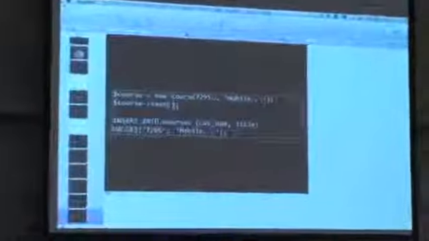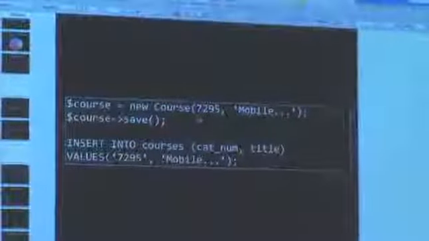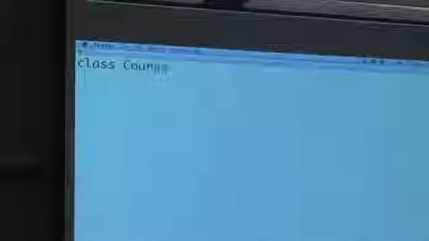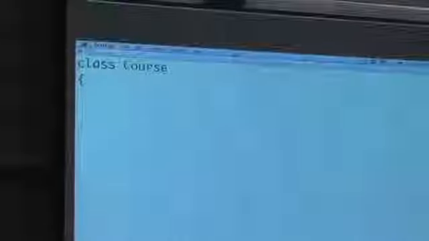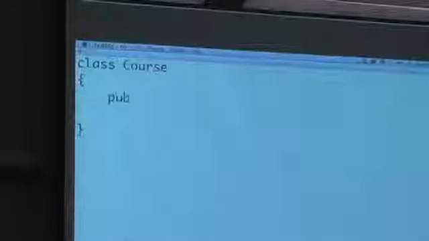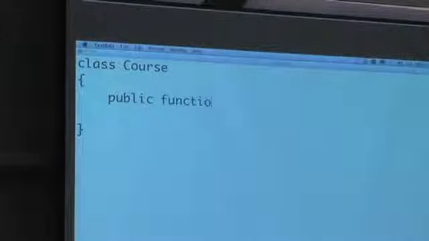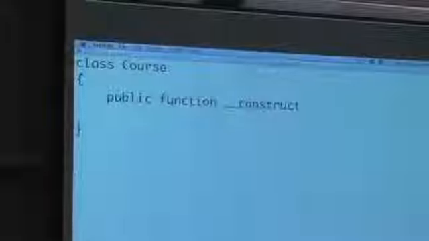And for those unfamiliar, and we'll see an example of this today, if I wanted to implement this course method, let me put this in context so that this is not just all pseudocode. If I had something like class course in PHP, what I can do here is public function __construct. In PHP, anytime you have a double underscore, it means it's a special function reserved by the PHP